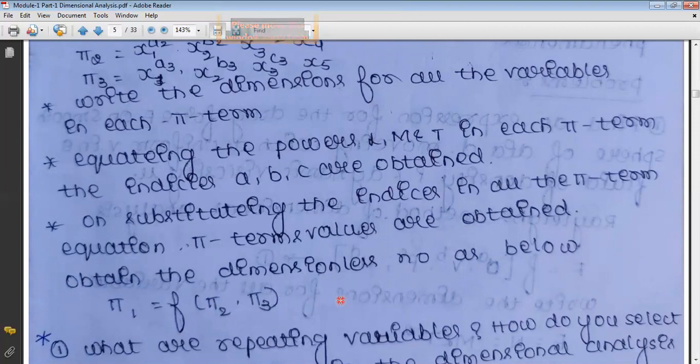So students, in the next class, we'll solve problems involving both the Rayleigh method as well as Buckingham's pi theorem. I'll start the problems with a smaller number of variables like 2, 3, and increase up to 6. So you'll come to know, as the number of variables increases, which method is more suitable. We'll take the same problem and solve it by both methods. In the next video, I will be discussing problems on the Rayleigh method and Buckingham's pi theorem.